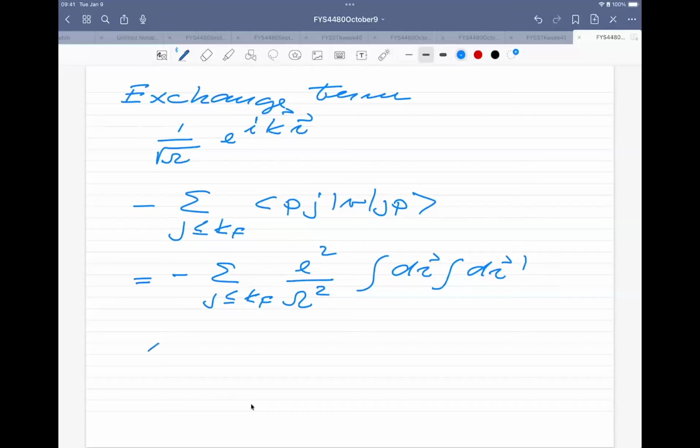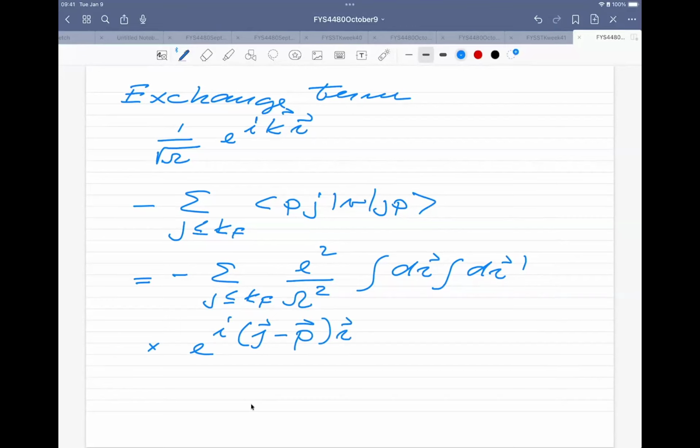And this is going to be multiplied with e to the i. And now what I'm going to do is use a little bit sloppy notation here. So I'm going to indicate J. This is the momentum for the state below the Fermi level, so I just write that as an arrow. And then I have minus p here, and this is multiplied with r.